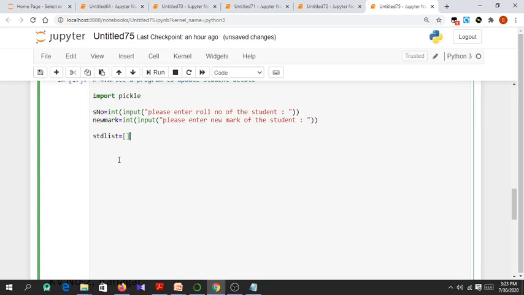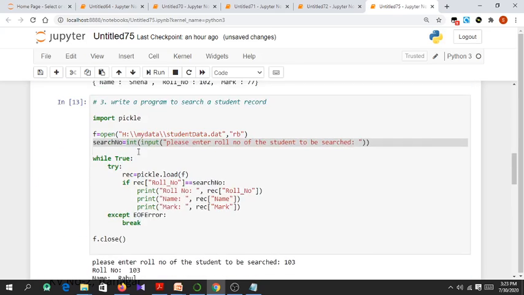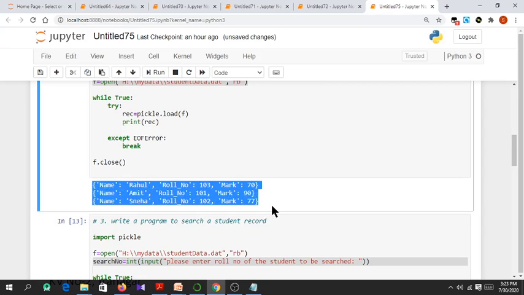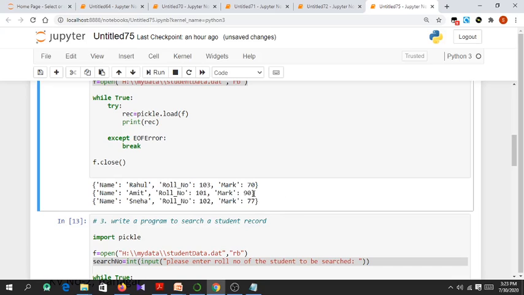Now see why I have created this list. Let me show these 3 records, these 3 dictionaries present inside the file. Now we need to update only one part. Say I need to update the mark of the student Amit only. This 90 needs to be changed to something else, suppose 100. So how to do this? Recall the basic file operations: to operate on a file we have 3 access modes: read, write and append. Try to analyze which operation is suitable here.